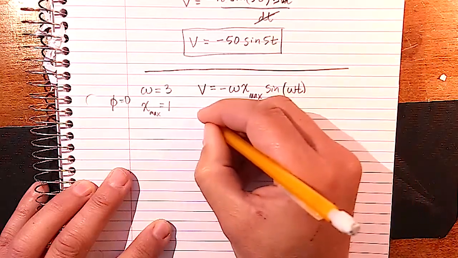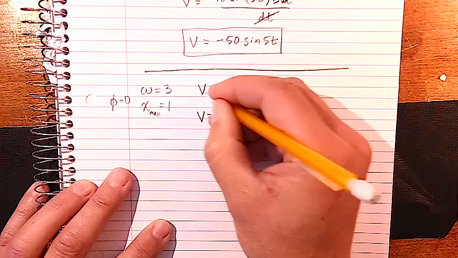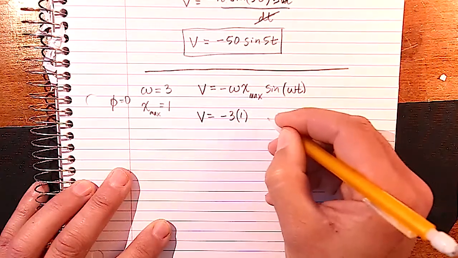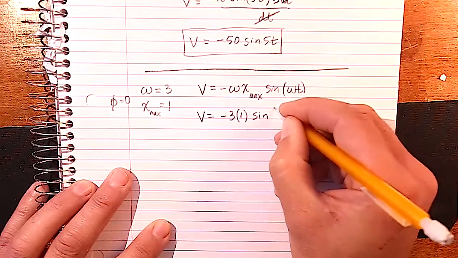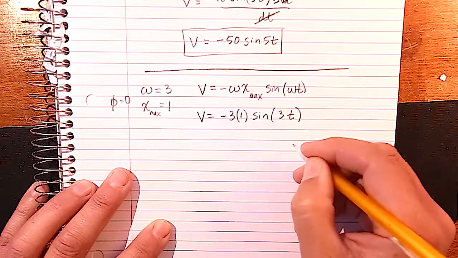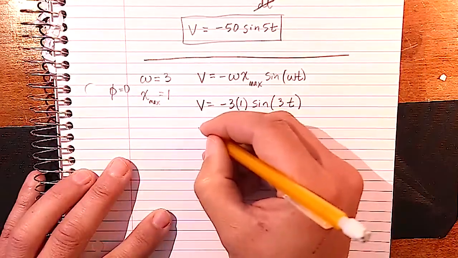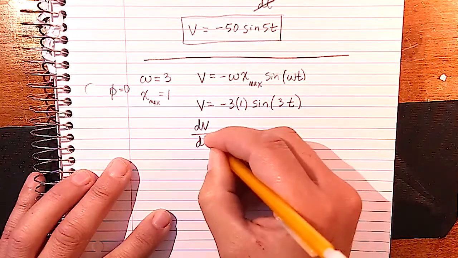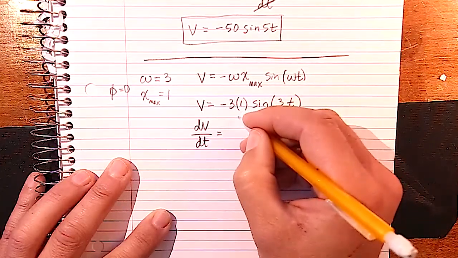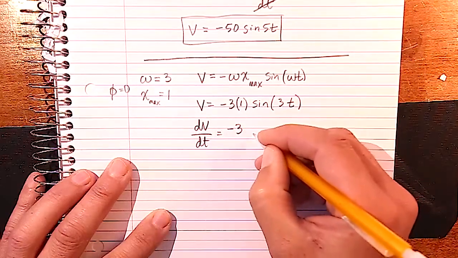So what can we do? We can throw our numbers in. Our negative omega is going to be negative 3, times our x max, which is 1, and then the sine of omega t, which is just 3t. If we want to find the acceleration, we have to take the derivative. So that's going to be dv over dt, and that's going to be equal to minus 3, so we can pull that out front, minus 3, and